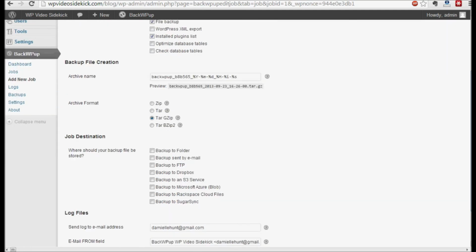And the next thing we look at is the archive name, which just creates a timestamp. This default is fine, you don't need to adjust this. The next thing is the archive formats, and this is just the method of compression so that your backups will